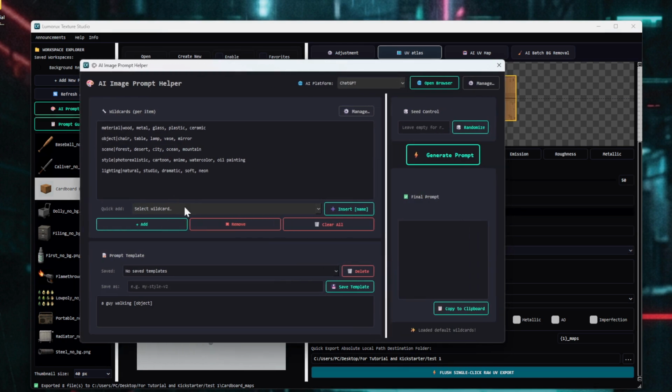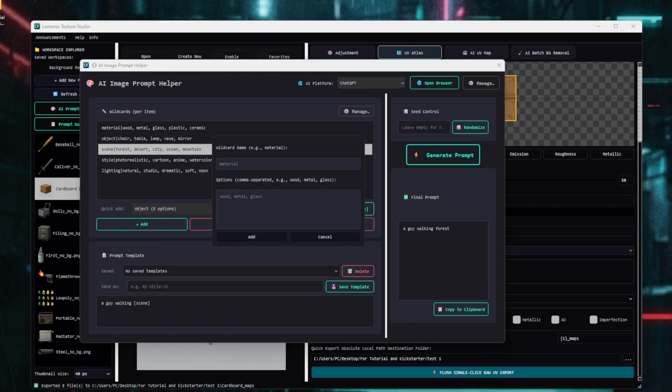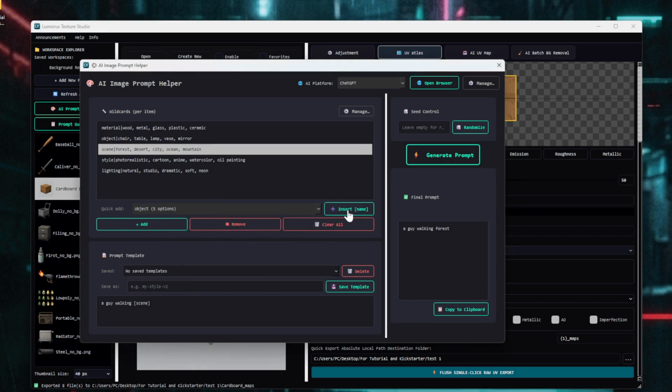Also here I will have the AI prompt helper with a wildcard, and you can keep generating the prompt here. If you want to change, you can type scene. You can find the mountain is according to this wildcard. Of course, you can add the name right there, and you can also add the wildcard name. Click the object, style,